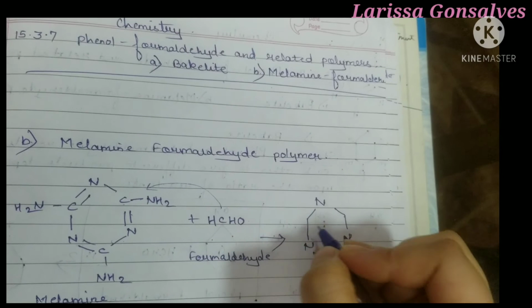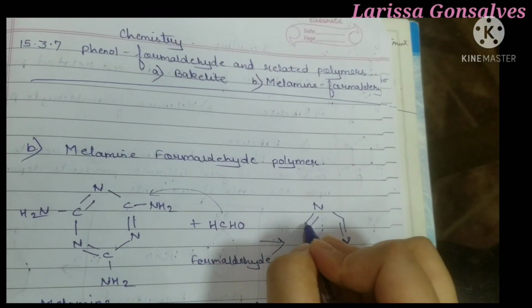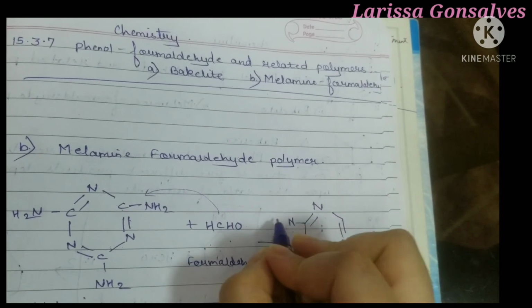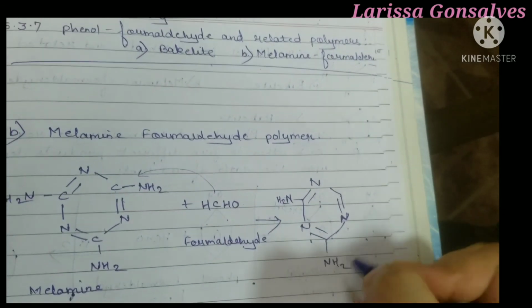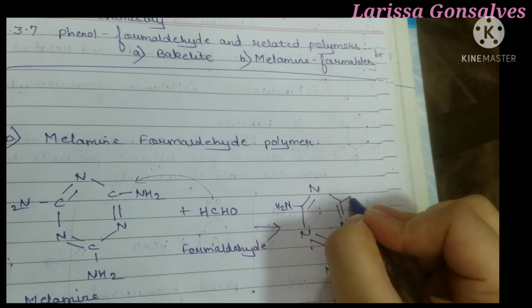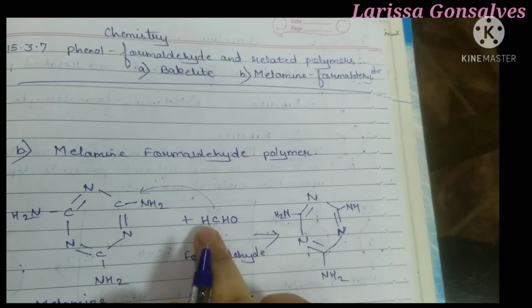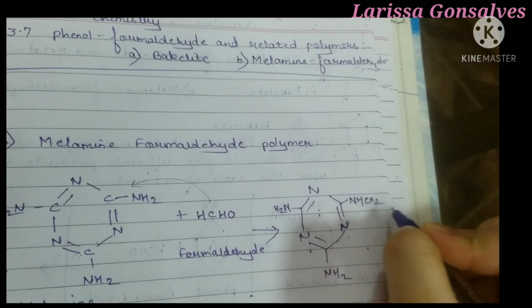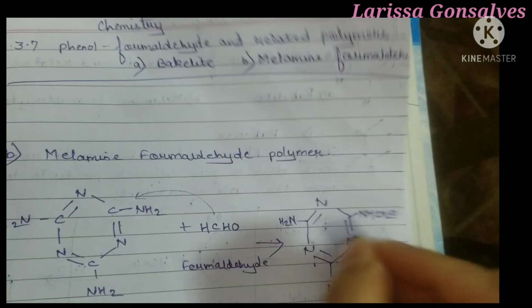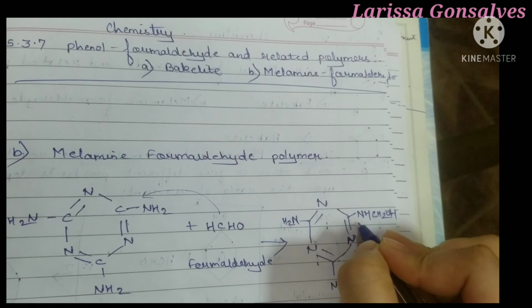This is nitrogen, and then you have your double bonds. Okay, here you have your NH2 group, here you have your NH2 group, and here you are going to write NH, CH2O, and that one H of NH2. So it is going to be NH